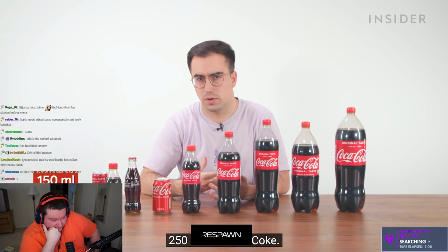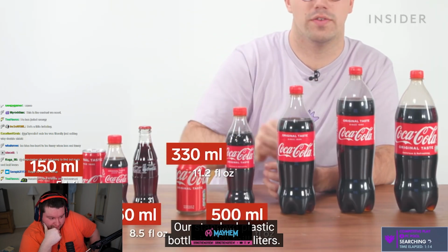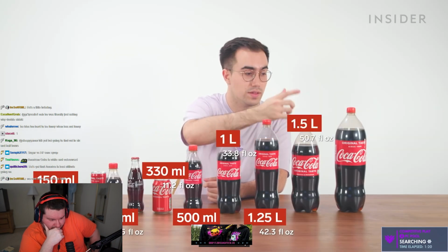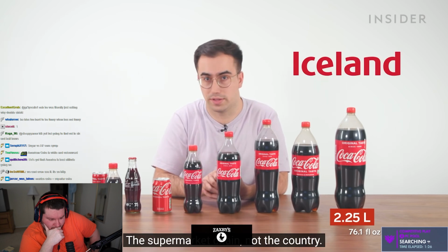Then we have three options, which all include 250 milliliters of Coke. Then we have our standard can, which is 330 milliliters. Our standard plastic bottle is 500 milliliters. From there, we move up to this bottle, which is 1 liter, 1.25 liters, 1.5 liters, and 2.25 liters. It's worth noting that these ones are only stocked by a limited number of shops, including Iceland, the supermarket chain,